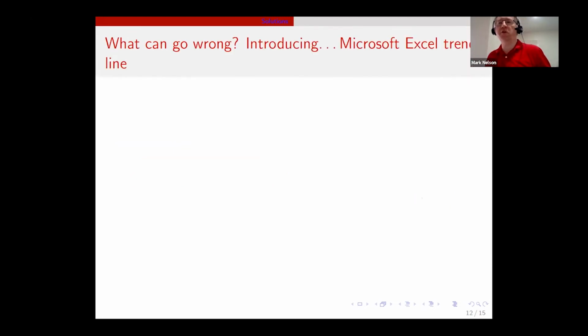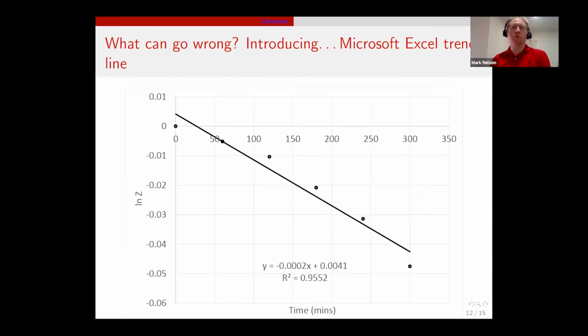All right, so I already showed you this figure, so I'm going to go back to this figure because I just find this figure astonishing. So here they're using the Microsoft Excel trend line, and the Microsoft Excel trend line is not giving the answer to the right number of significant figures. And I talked to somebody who uses Microsoft this year in 2021. That's right, I was aware of this problem. So when we did the question in the assignment, I talked to some students about this, and some students know that there's something they can change in Microsoft so that they can get a more accurate answer. But yes,